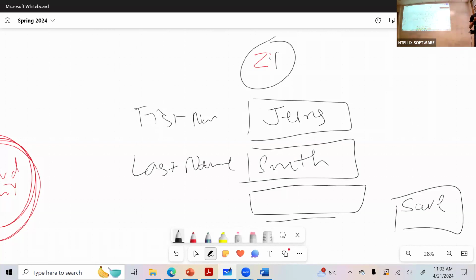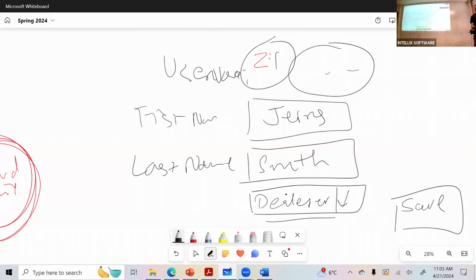When I hit the save button, I fill out all the fields, whatever, the type is dealer user. When I click on save, I'm supposed to see the username is empty the first time. There is nothing populated here. When I click on save, I'm going to see some username being generated based on the information I filled out here, Jerry and Smith. What is this auto-generated username?